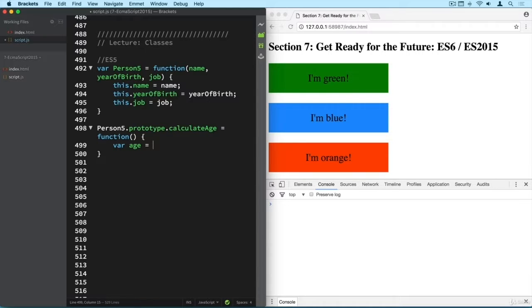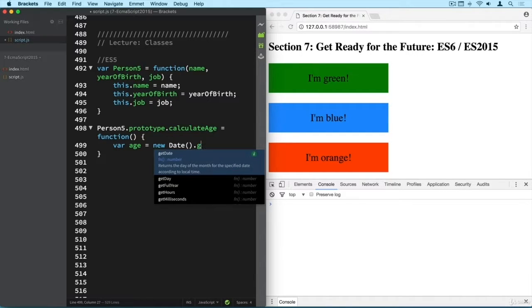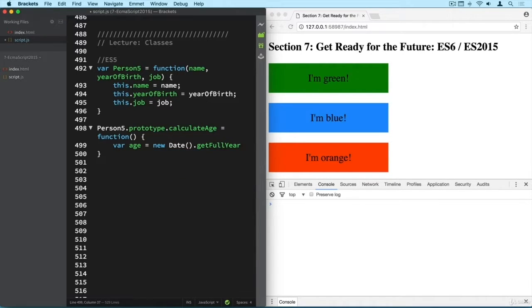So the age is, and let's actually create a new date here so that we are always up to date with the year. So get full year minus the year of birth. And let's then simply log this to the console. So very simple stuff. And just to test it,